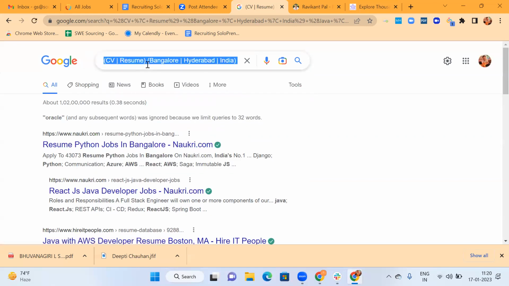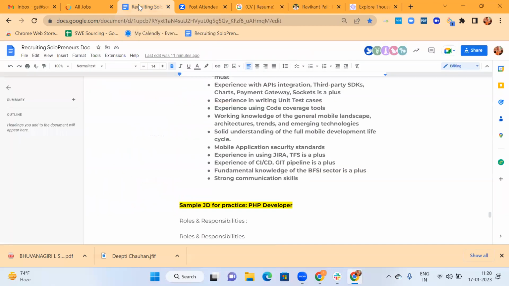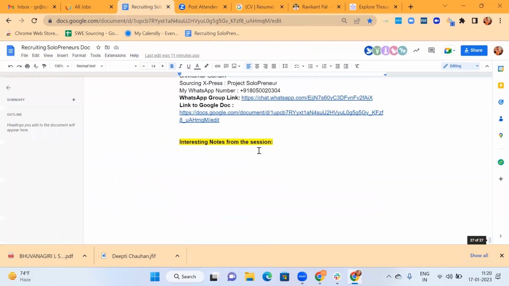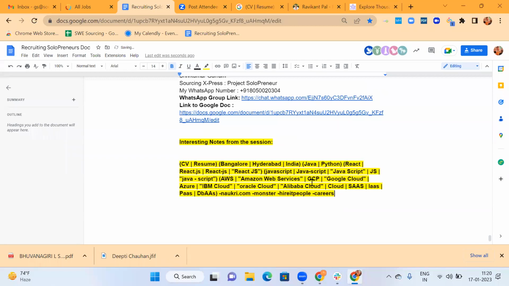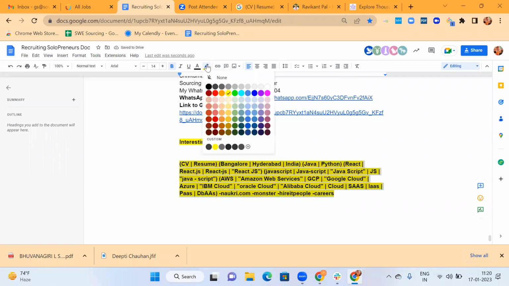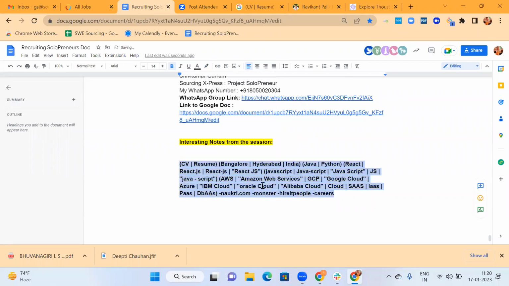Let's shorten the keywords as we are going beyond 32 keywords. Okay, CV, resume, Bangalore, India. Java, Python. Let's keep only React or React JS and let Google do its magic.